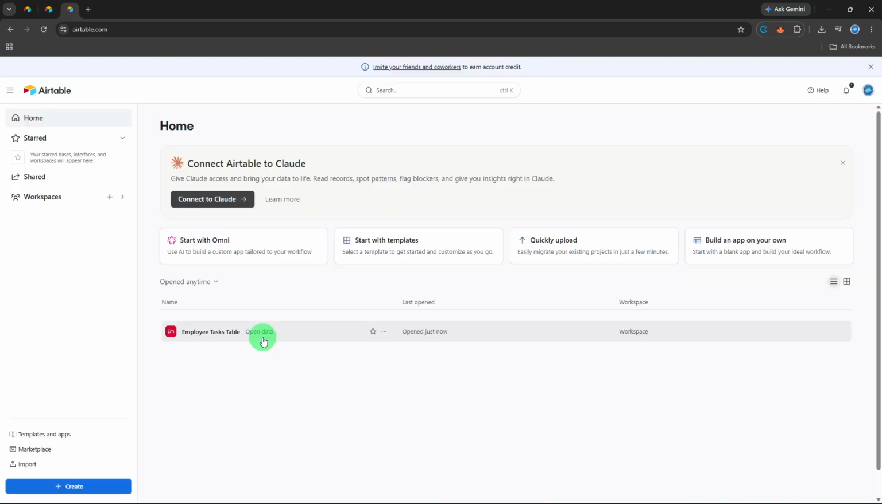Let me show you the fastest way to remove a collaborator from an Airtable base to keep your workspace secure